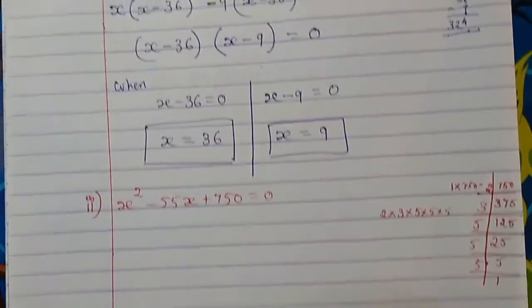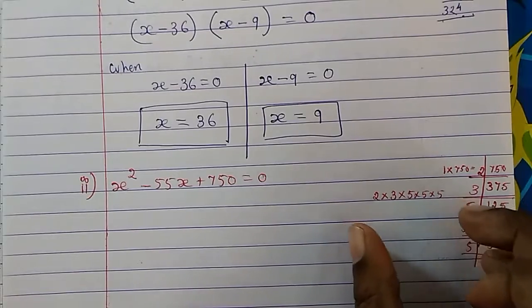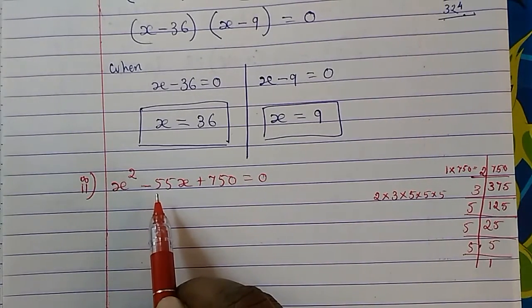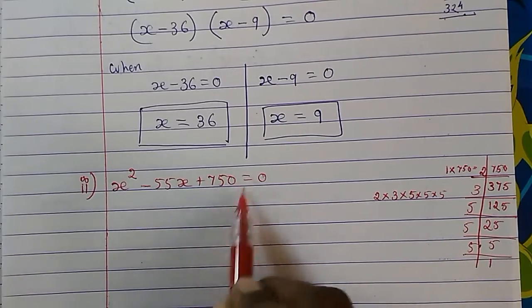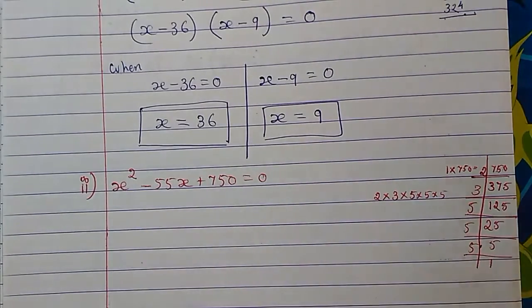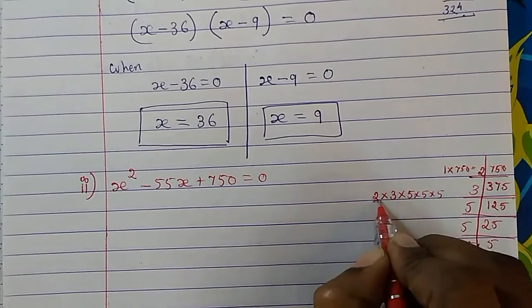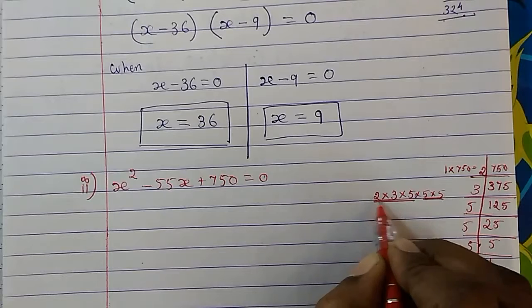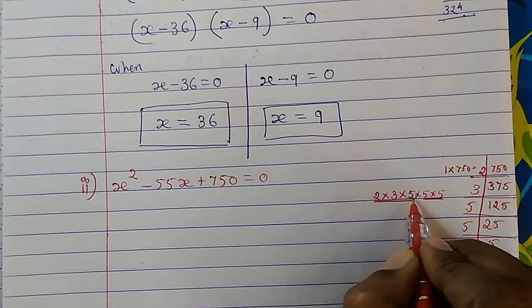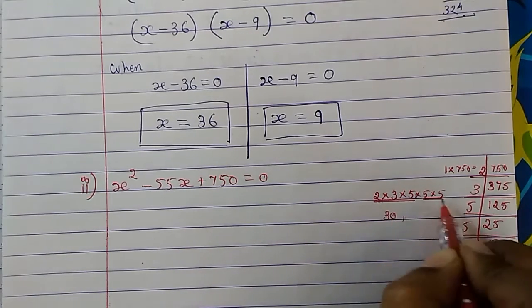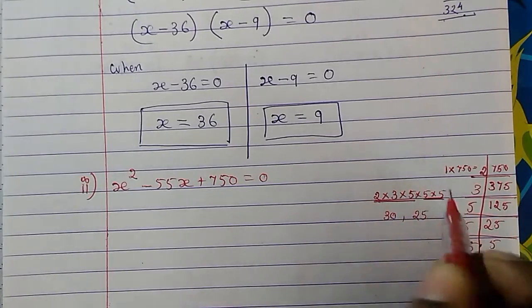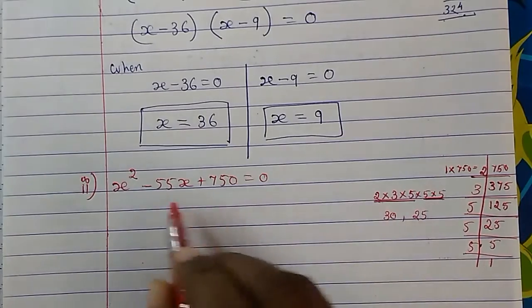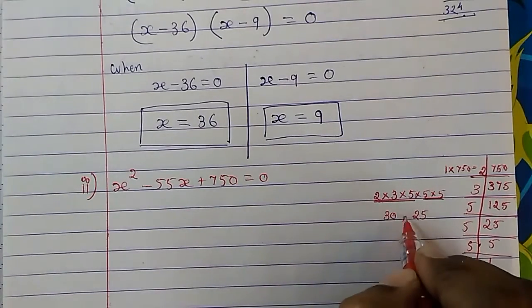So now from here we have to find any two numbers by which, adding or subtracting, we should get the middle term, and by multiplying we should get the last term. That you have to check. So which two shall we take? Let's take first this 3 and this 2 combination. So 2 3s are 6, 6 5s are 30, and here 5 5s are 25. Let's see, by adding are we getting 55? 30, 40, 50, 55. Yes, by adding we have got the 55.